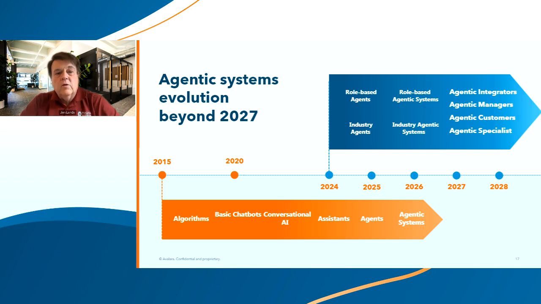So what's this whole idea of the evolution? I teased a little bit. We do see role things happening now. You're going to see an explosion of agent announcements this fall from companies saying, we've got, for example, maybe somebody started with 3 agents, they might now have 10 or 20. And then over the next 3 or 4 years, you'll see more focus on industries, where you're going to say, I have a role, but this agent's trained for that role in, for example, insurance or in wealth management.